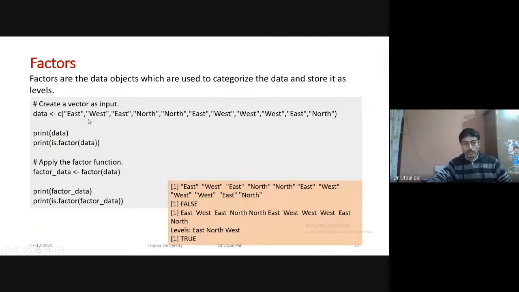If you want to know what are the different levels of data in this, we can create a factor, and if we print it, we can see we have three types: east, west, and north. To know the different categories of data, we can use factors.